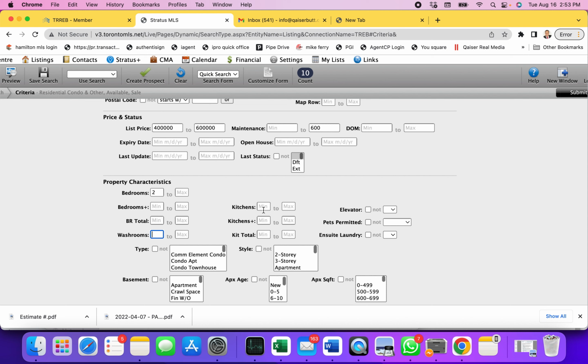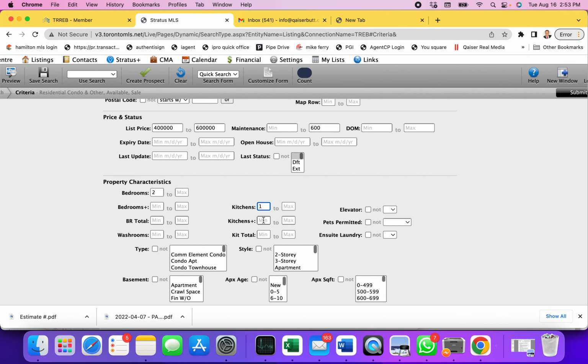Kitchen 1 and plus, we generally use it in condo townhouses. So there might be a condo townhouse with 2 kitchens. So let's say if I want to find out any condo townhouse with 2 kitchens, I'll just put 1 and plus 1. And as you can see, there's no condo townhouse in Brampton which has 2 kitchens. Okay, I can also put 2 kitchens here and see, and nothing came up. So I'm just gonna see